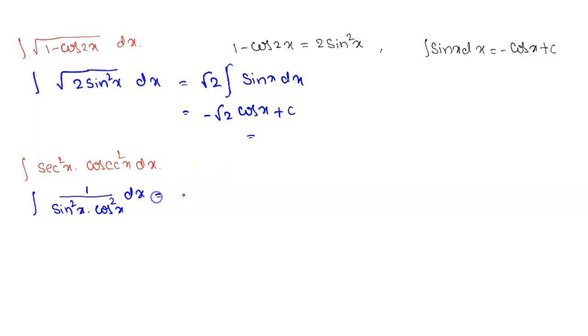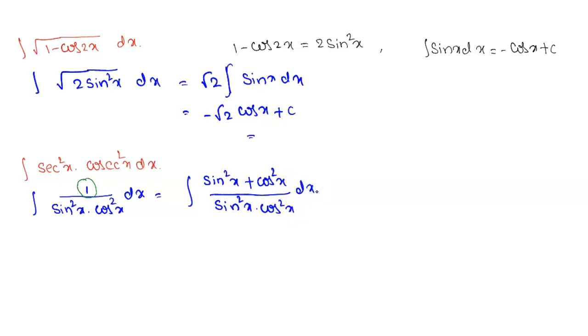Here the numerator 1, I am writing as an identity in terms of sin square and cos square. So this is equal to integral of (sin square x plus cos square x) by (sin square x into cos square x)